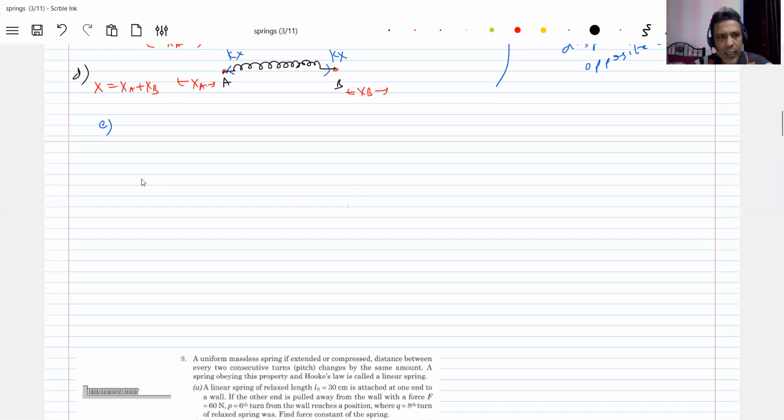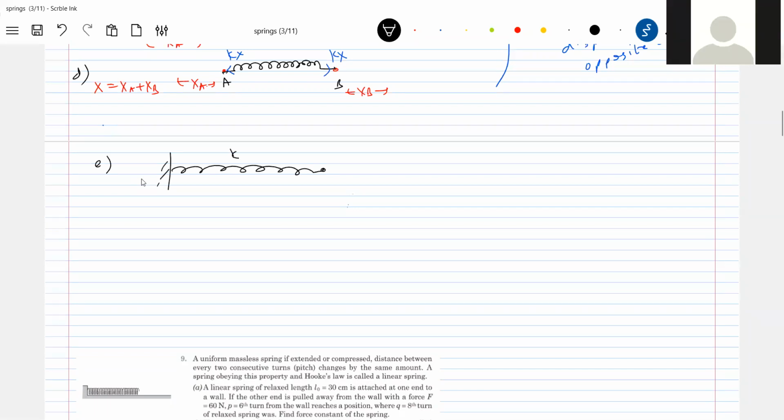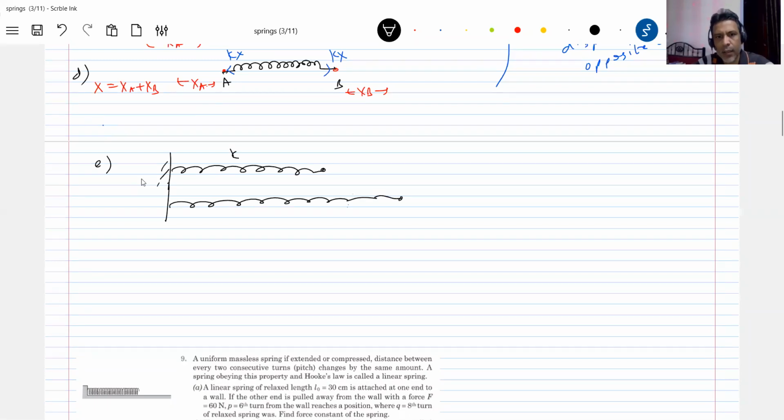Okay, we'll take the next condition. The situation is one end of the spring is fixed to the wall. This is the natural length. Then what I do is I will pull one end. You look at the point P. So what is the displacement of the other end? It's zero, no? So which end got displaced? The right end. So what is the displacement? Let it be X. Then how much of spring force? The spring force will be Kx. You have to show that force acting here also.